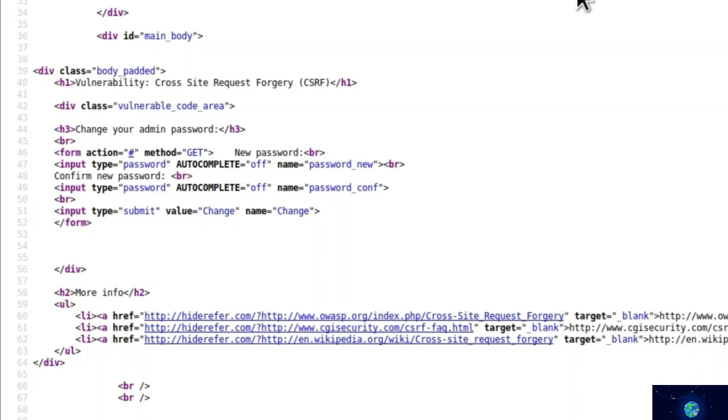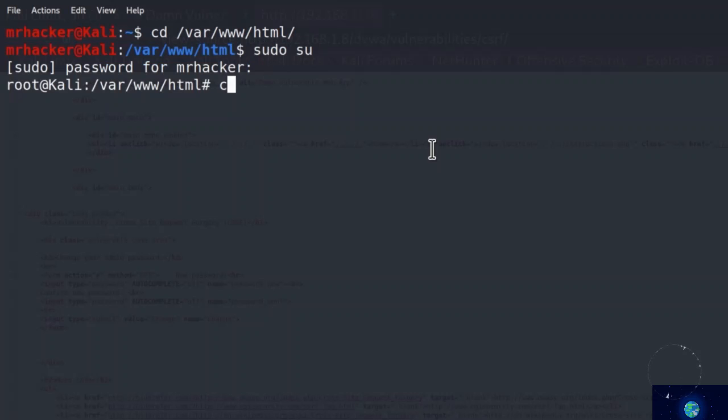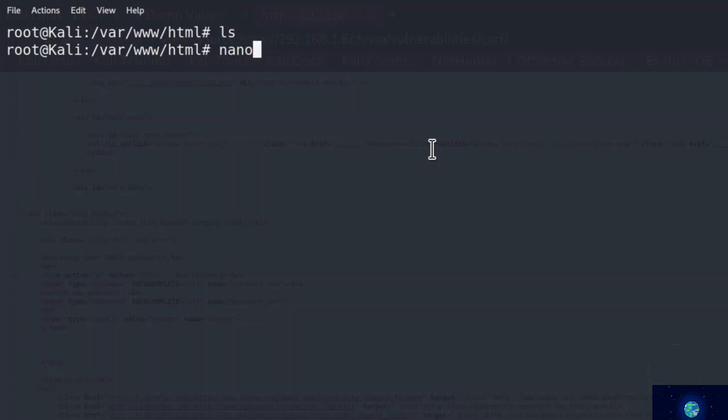So I'll open a terminal and navigate to the directory of our web server, and if you remember, that is /var/www/html. Now, since we can't write files here as a regular user, let us enter the root account. If I type ls, we got our tester.py. We can remove it, we no longer need it here, and once you got this directory clear and empty, let us nano